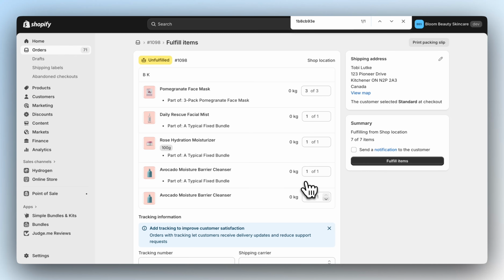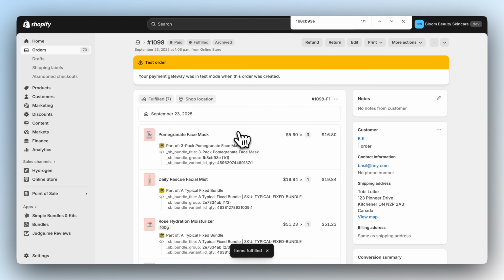I need to select all the items. Looks like they're all selected. I'm going to click on Fulfill Items here. And looks like the order's fulfilled. So now Simple Bundles is basically going to keep track of those bundles and send that to Judge Me to